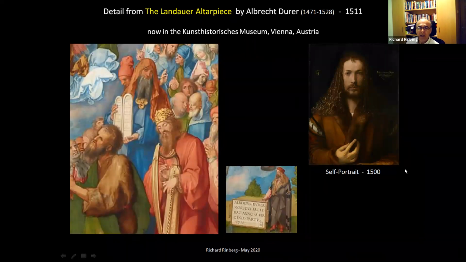And this is Albrecht Dürer, one of the outstanding artists of all time, 1511. And there's an altarpiece. This is actually on the back of the altarpiece. And here we've got these luchot, again, a similar sort of design. And right at the bottom on the right, you've got this little picture of him that he made, this is Dürer signing his own piece of work in 1511. Here's David HaMelech, King David, playing the harp.